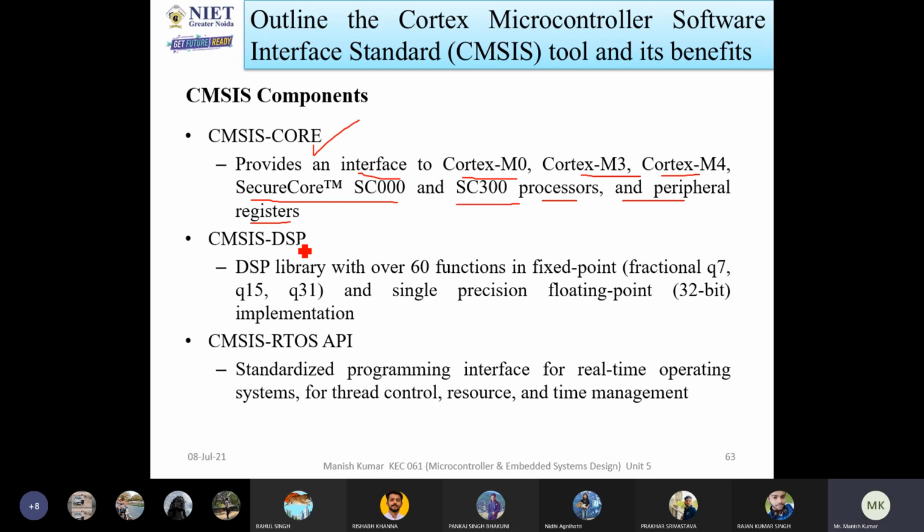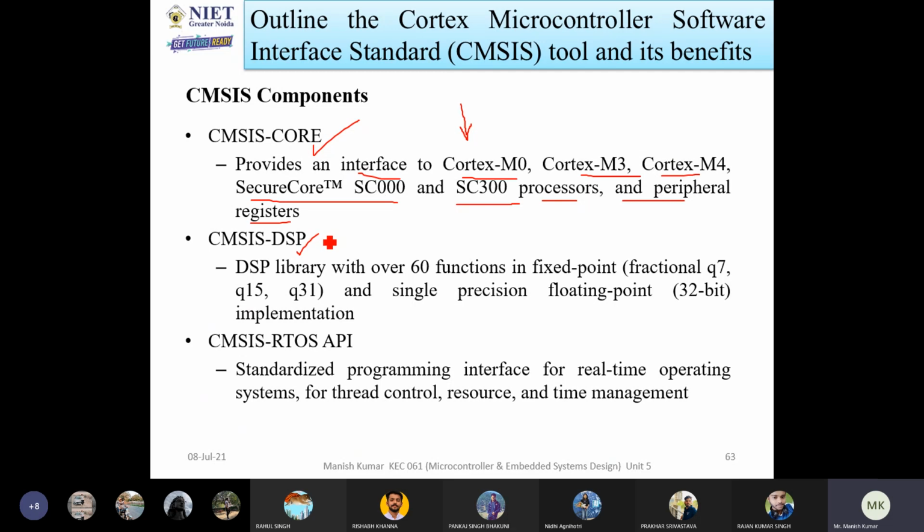You have to choose any type of processor like Cortex M0, M3, M4, SecurCore SC000 or SC300, and also peripheral registers. When you are developing software for the systems, you need a register set, so depending upon the register sets, you have to select the proper processor.